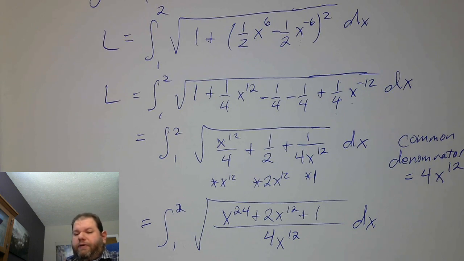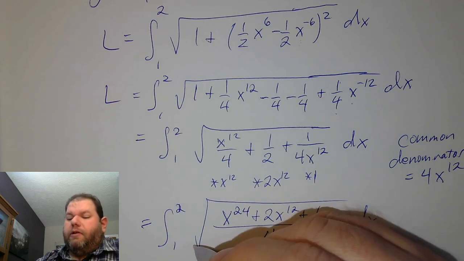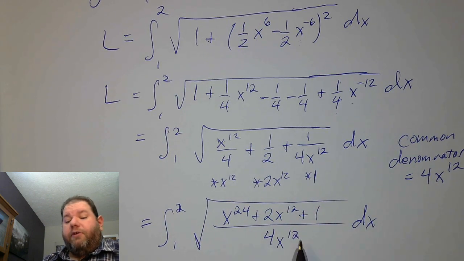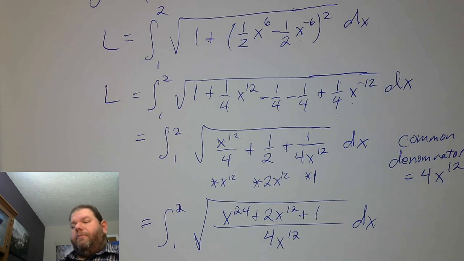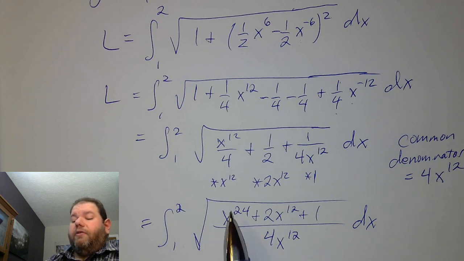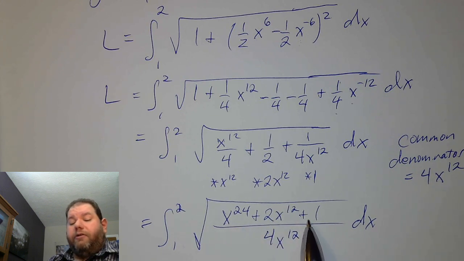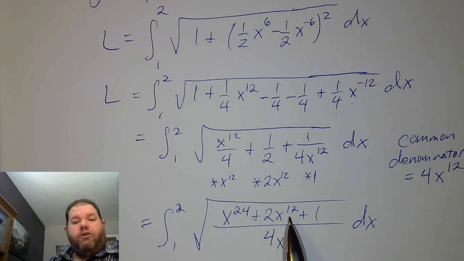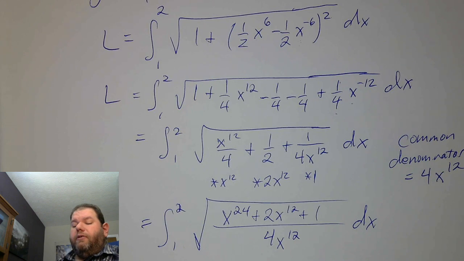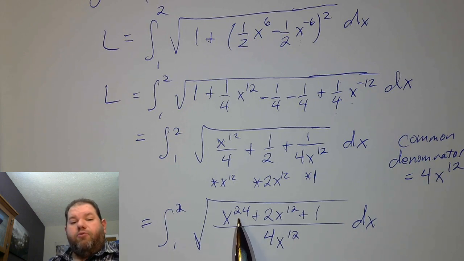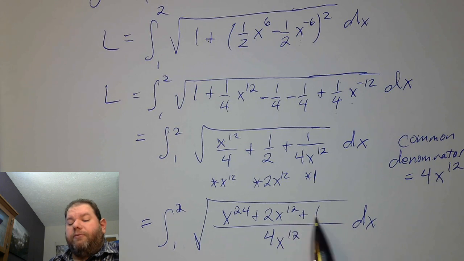Now, we get to this point, and we actually have a perfect square on the denominator. So we'll be able to completely take the square root of this expression on the bottom. But what's interesting about this problem now is that we actually have a perfect square on the numerator also. Now, this may not look like a perfect square, but we think of it as a binomial squared. So if we wanted to factor this, x to the 24th plus 2x to the 12th plus 1,